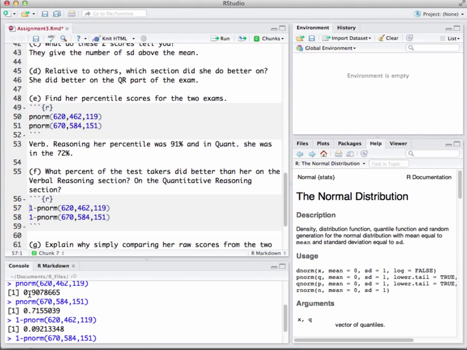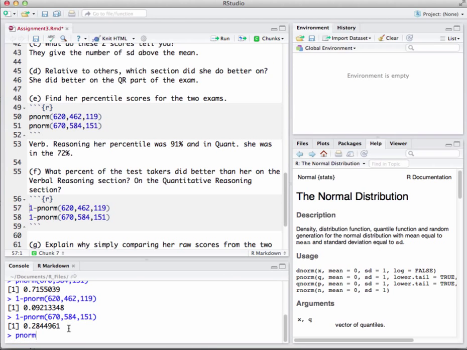In other words, if I take 0.9078665 and add to that 0.092133348, I should get back 1. Similarly, the 0.7155 and the 0.284, add those together and I should get back 1. All right. So we can come down here and we can actually answer the question,